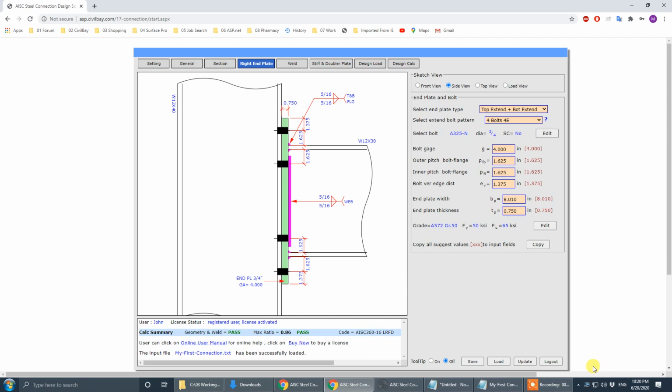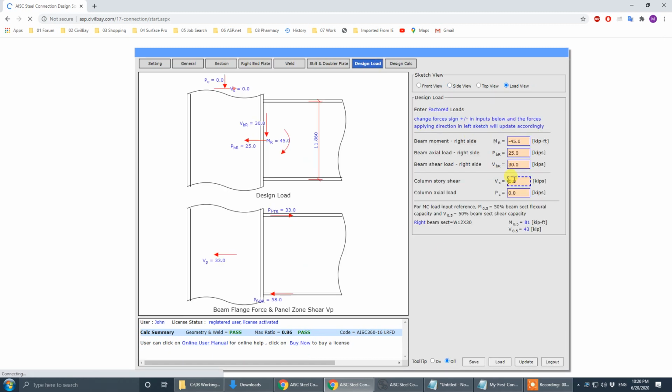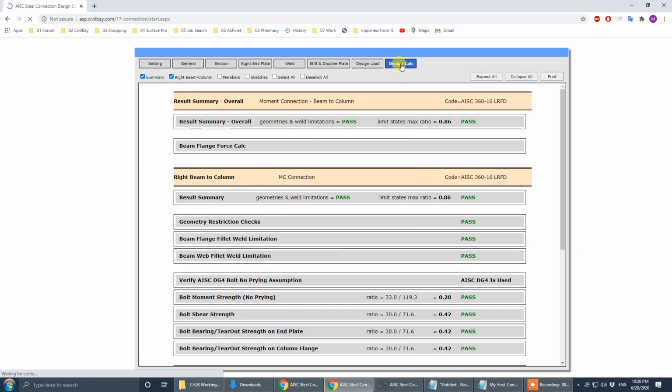The next thing I'm going to show you, I already showed you the design load tab. This one will change to load tab, and this one will change to load view. You input your design load here. I will show you that. Next I'm going to show you the design calculation. Once you click on the design calculation,